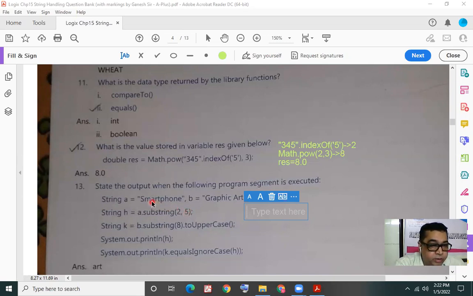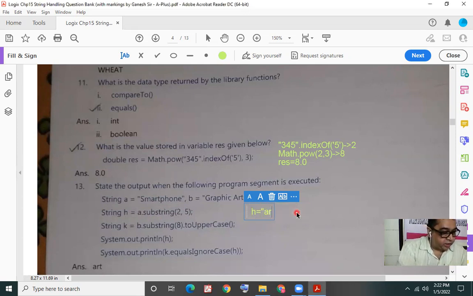So the characters will be A at 2, R at position 3, and T at position 4. So that would be the substring we'll get, ART. These three characters will be stored in the string H. So the string H will actually get the characters ART.